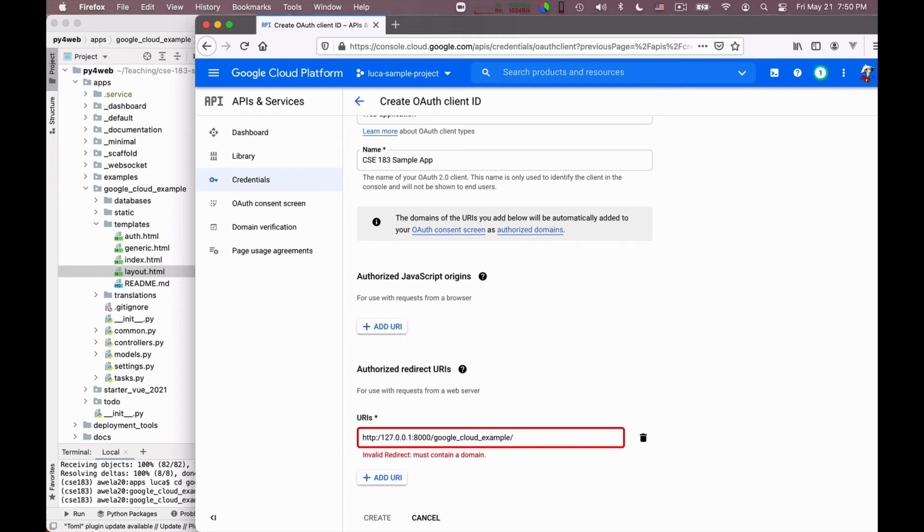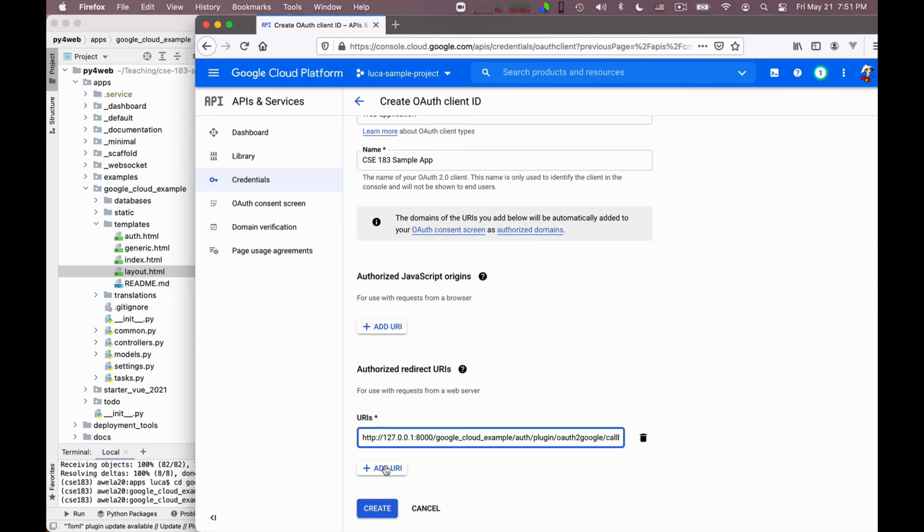And then I need to say auth plugin. This is the internal URL that is used. Auth to Google / callback. Okay. Invalid redirect must contain a domain, but this is just because I forgot one of the slashes. Okay, so this is a good URI.